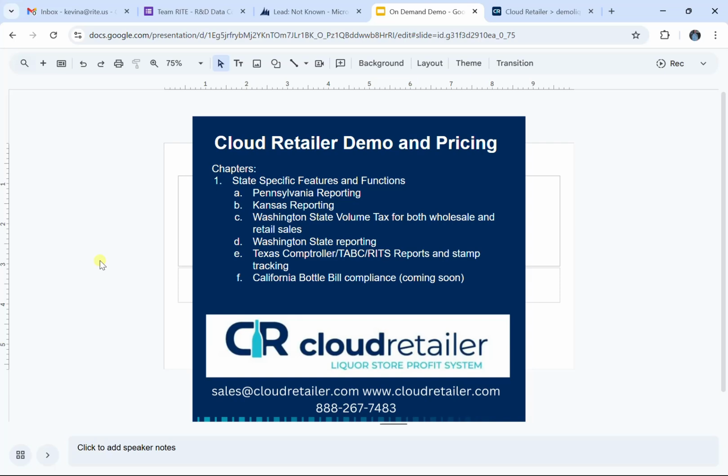Okay, a couple of last quick things. Appreciate everyone hanging in there while we went through the software. We have some state-specific features and functions, specifically the reports that are required for stores, obviously not liquor stores in Pennsylvania, this is a control state, but the beer distributors reports and things like that in Pennsylvania, specific reports that